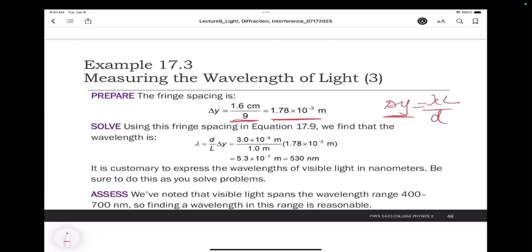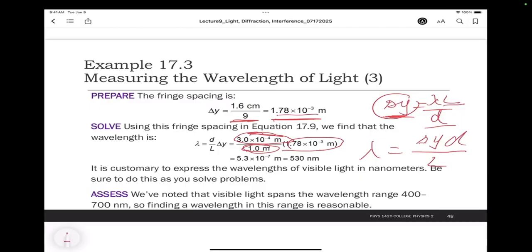And then we use this equation: lambda equals delta y multiplied by d, divided by L. Am I right? This is d, this is L, and this is the delta y here. And we just got the wavelength